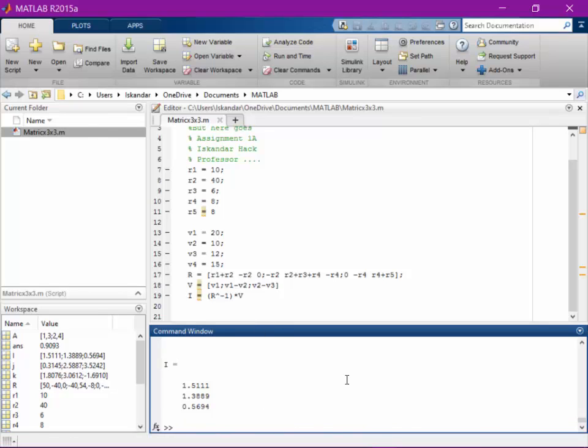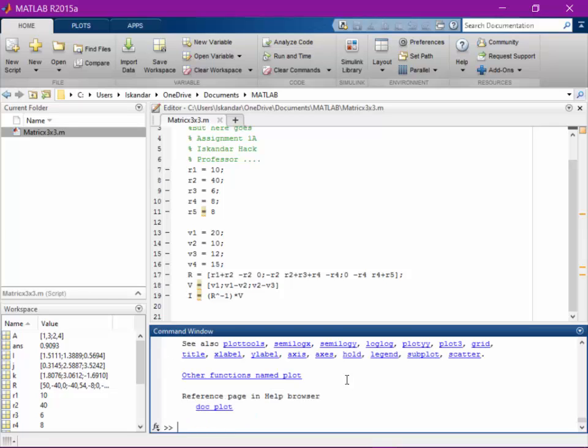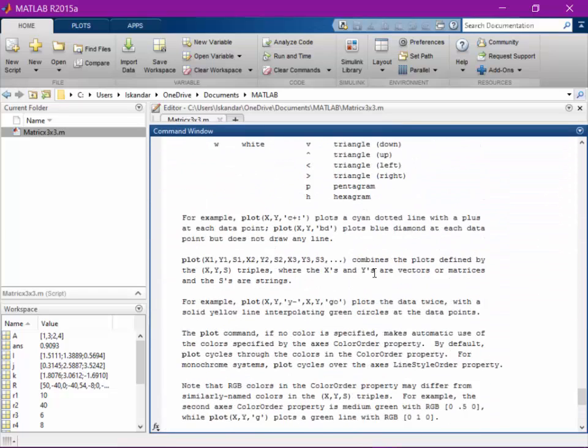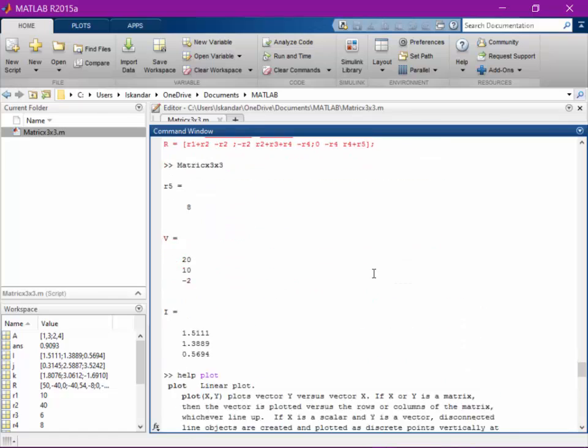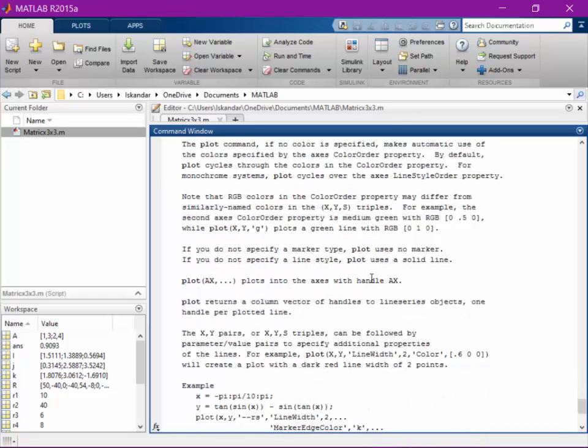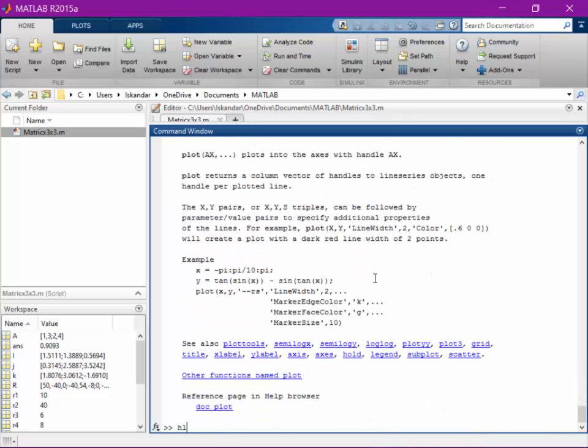Because again, if you've got a question, the only thing that help did is, if I did help plot, it actually gives me the same stuff right there. If you've got a command you've got a question on, just type the word help. That's the easiest way of doing it. So if I had a question on help